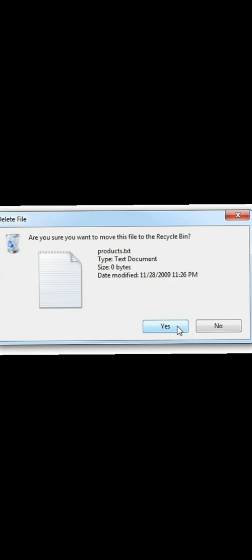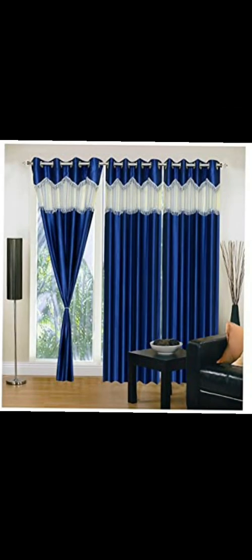Understood? Okay. Now we will see the fun with desktop: changing the appearance of the desktop. See, we often like to change the look of our house by painting the walls or changing the upholstery like bed sheets and curtains to enhance its appearance. Similarly, we can change the desktop to make it look attractive.